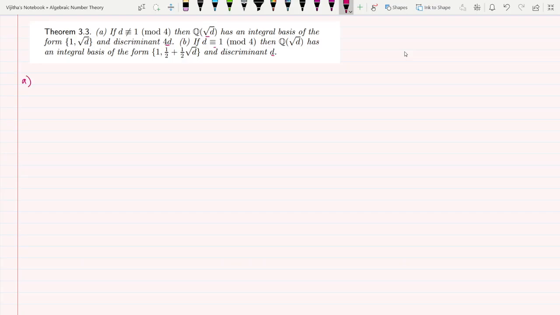So we have that D is a square-free rational integer. First we will assume the first case, that is D is not congruent to 1 mod 4. So if D is not congruent to 1 mod 4, then by theorem 3.2